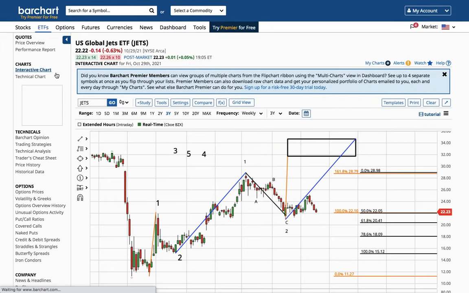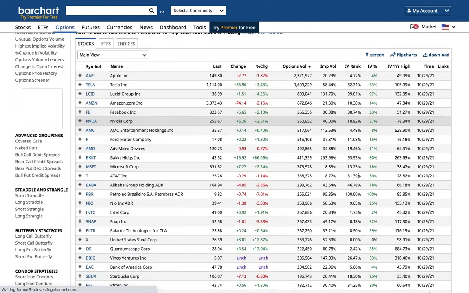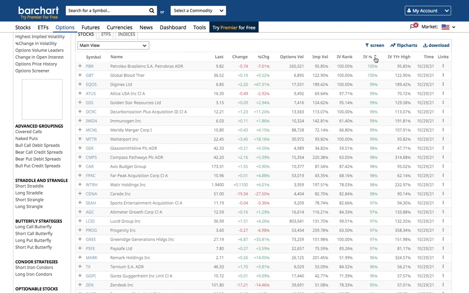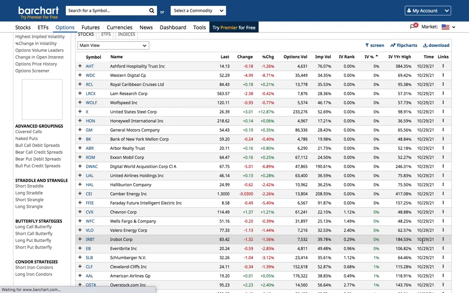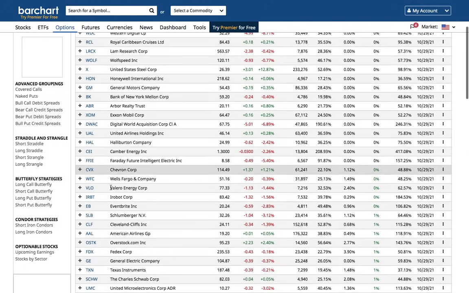You can go to IV ranking percentile on Barchart, and you can sort by the lowest implied volatility. Low implied volatility does not guarantee a stock is going to move to the upside. Sometimes it can mean the opposite, actually. But what it usually supports is the idea that options are very cheap, demand for options is going to hit a trough, and this is going to create a large move. And it's your job as a technical analyst to decide: will that move be to the upside or the downside?